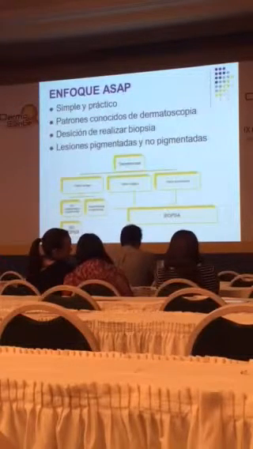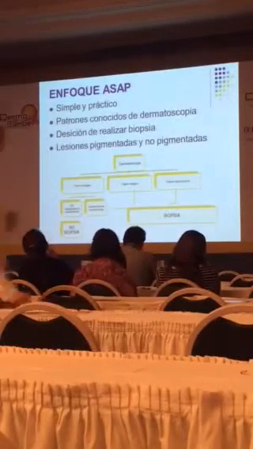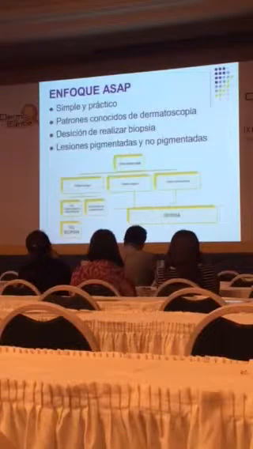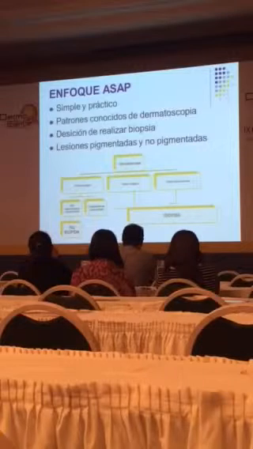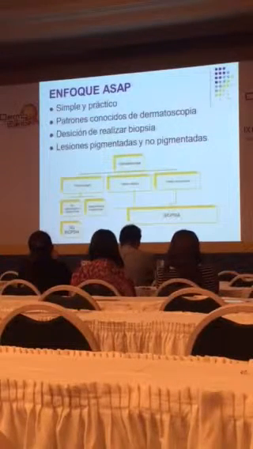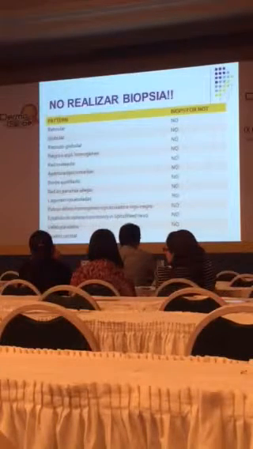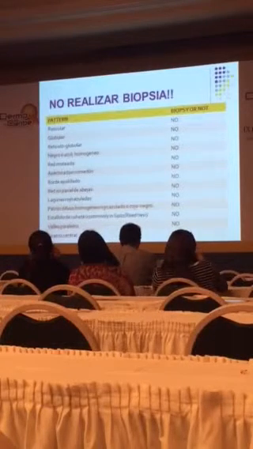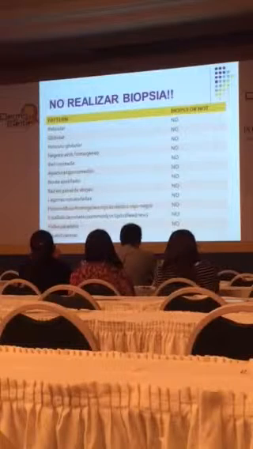So this method, we call it a simple and practical method, where we are not trying to decide whether the lesion is malignant or benign. We are only trying to decide should we biopsy this lesion or not. And that's a simple thing to do. As we go, we will learn. The way I do it, you just have to memorize these 5 or 7 names. Once you memorize that, your course is done, you can go and practice.